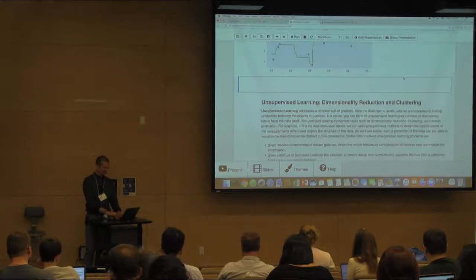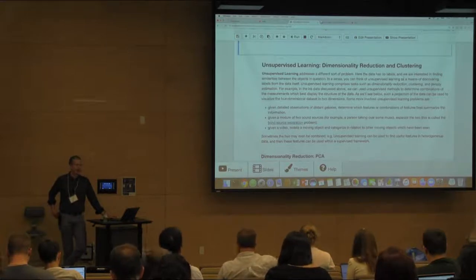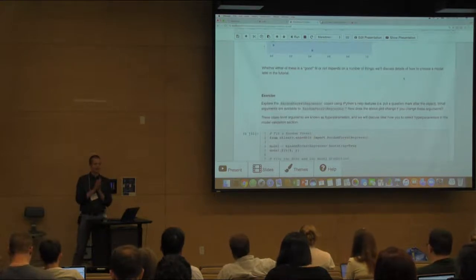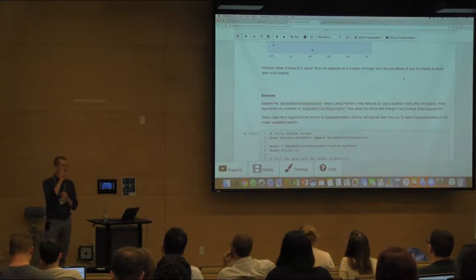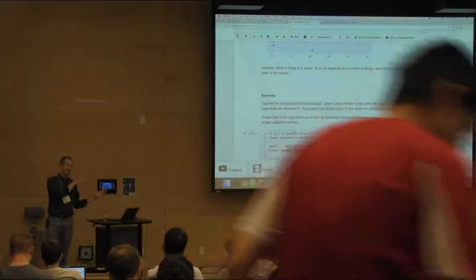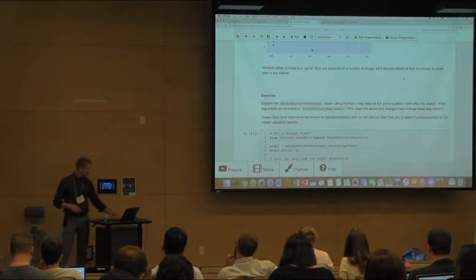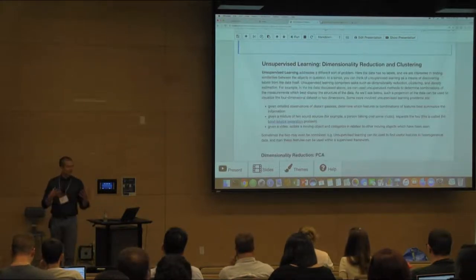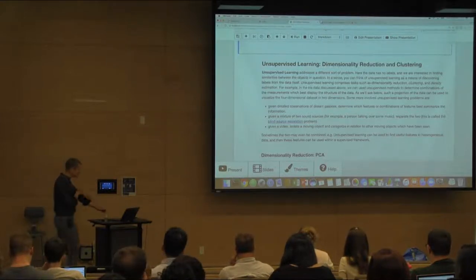All right, so the last thing in this introductory section that I want to talk about is unsupervised learning. Up until now, we've been talking about what's known as supervised learning. When you hear supervised and unsupervised, for supervised you should think: I have data with labels, and I'm trying to predict those labels. That could be classification, where the labels are discrete, or regression, where the labels are continuous. But you're trying to predict labels. In unsupervised learning, you don't have any labels on your data, but you're trying to predict aspects of the data set itself without any reference to labels. So an example of that is